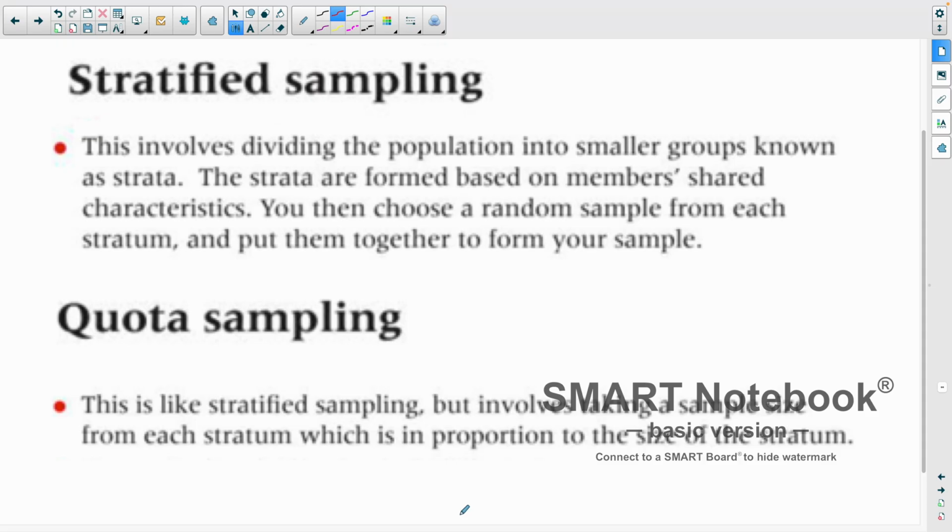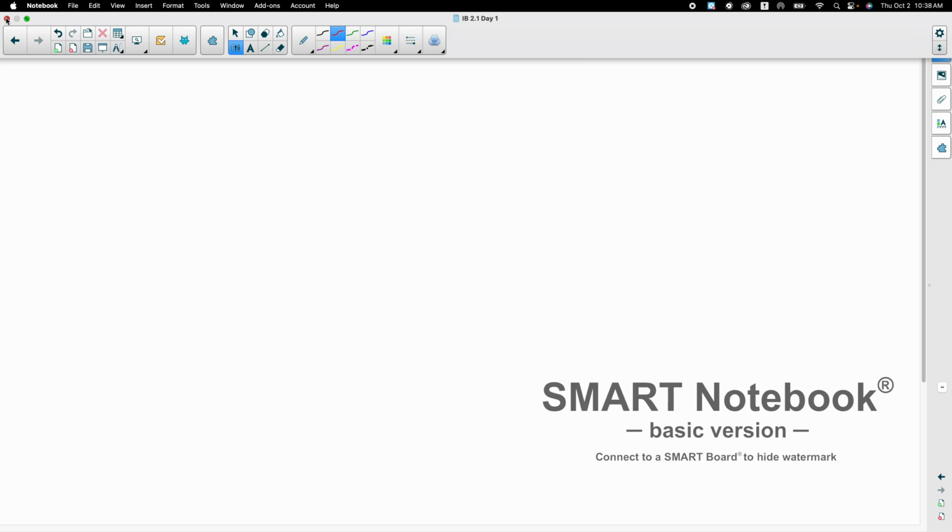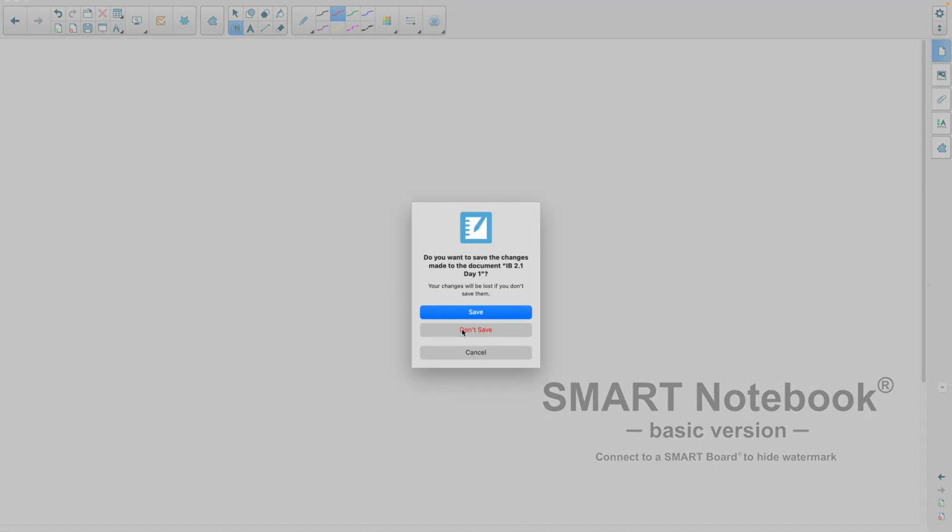All right? Where does this come up? They might ask a question. This is, what type of sampling is this? And it's like a 1-point question kind of deal. This is quota. This is stratified. Whatever the case may be. Okay? All right. Now, after we get our sample,